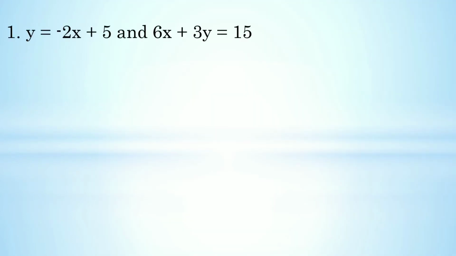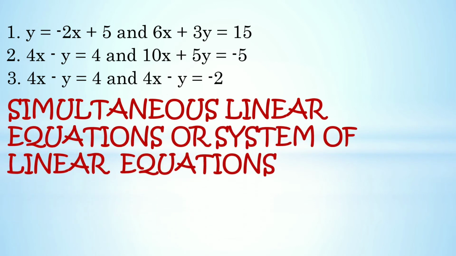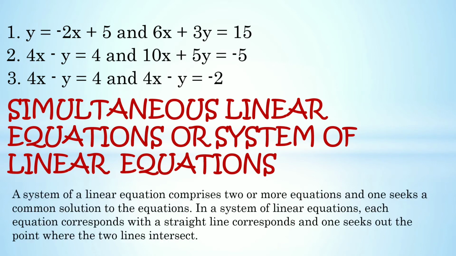y equals negative 2x plus 5 and 6x plus 3y equals 15. 4x minus y equals 4 and 10x plus 5y equals negative 5. 4x minus y equals 4 and 4x minus y equals negative 2 are what we call simultaneous linear equations or system of linear equations. So, a system of linear equations comprises two or more equations and one seeks a common